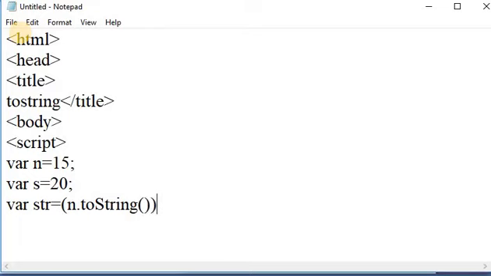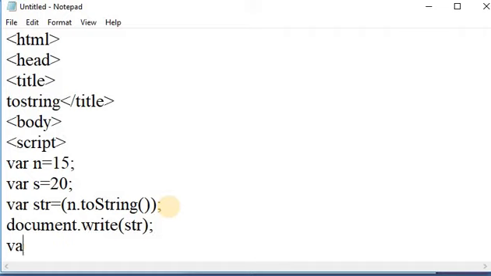I am not passing any base, so str is equal to n.toString(). And print this str by using the write method, document.write(str).